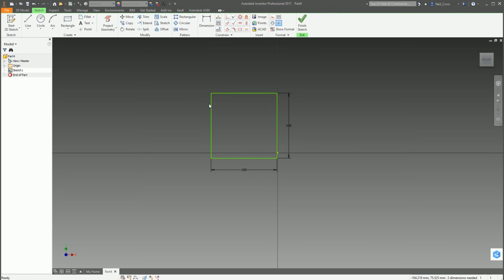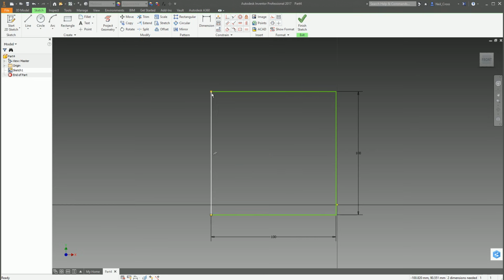We've done absolutely nothing. The first constraints that it's applied are little yellow squares, you can see these at the end point of the line. Those are called coincident constraints. A coincident constraint tells Inventor that two endpoints are always going to be touching each other. And not necessarily always endpoints either. You can make a line coincidentally constrained to another line, and it just means that object will always be touching that object.